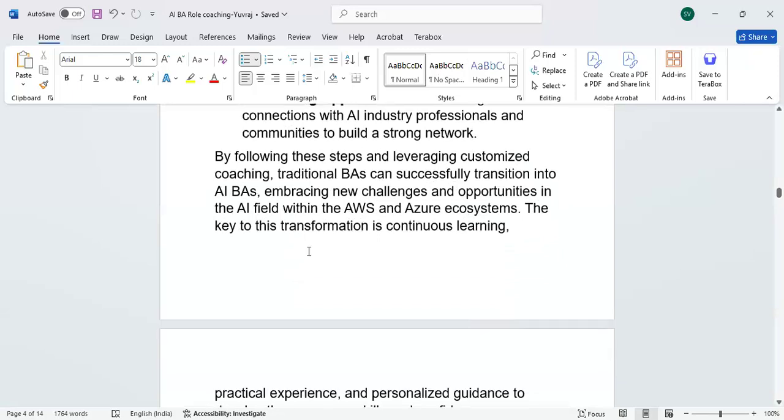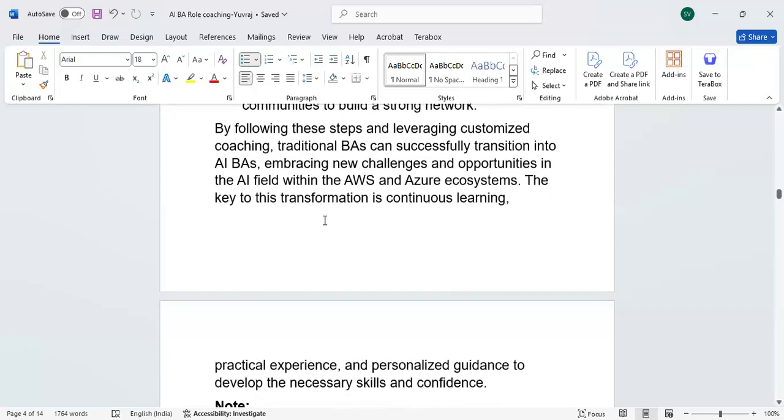Once your profile is ready as an AI BA profile, at that time you need to participate in the communities also. By following these steps and leveraging customized coaching, traditional BAs can successfully transition into AI BAs, embracing new challenges and opportunities in the AI field within the AWS and Azure ecosystems.